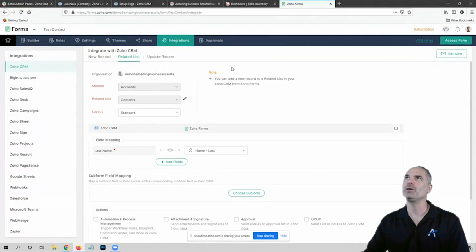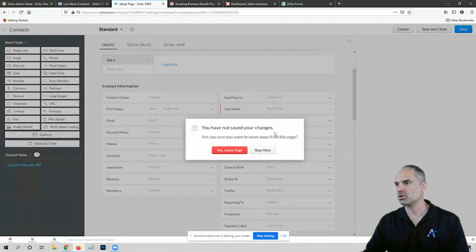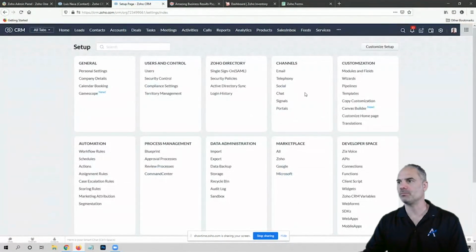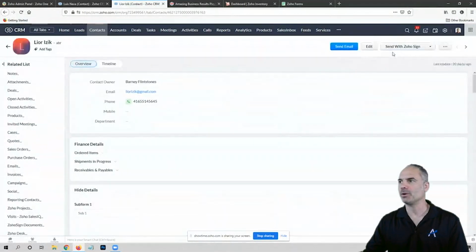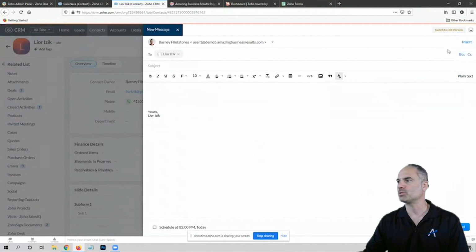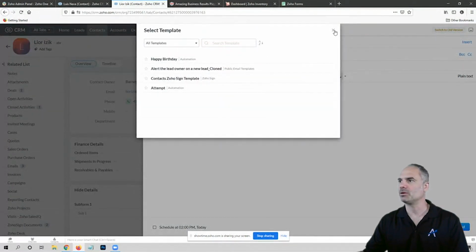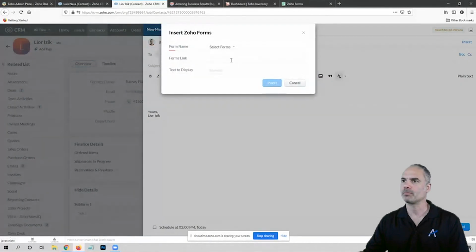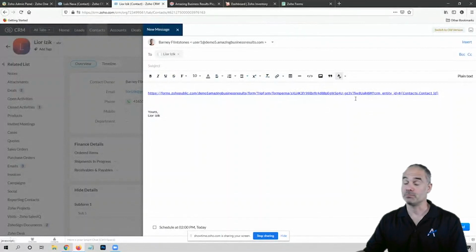The only way that I tried to play with it a lot: if you go to Zoho CRM and go to templates, let's do it like that. If I go to one of the contacts, I'm going to send an email template, or let's go to insert a Zoho form. Exactly these Zoho Forms links.